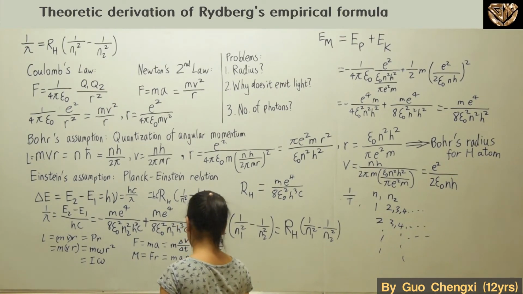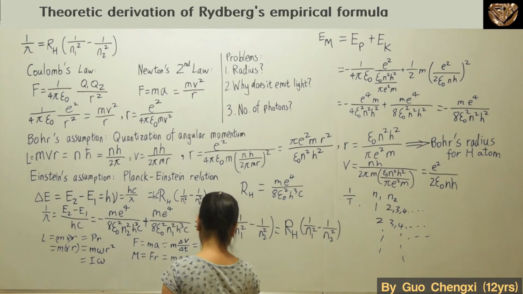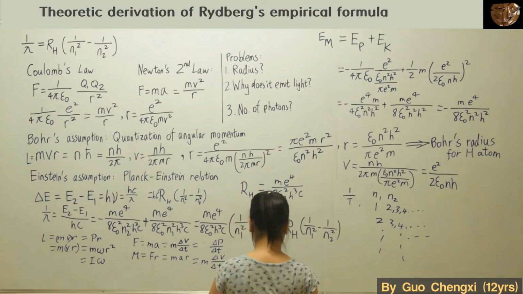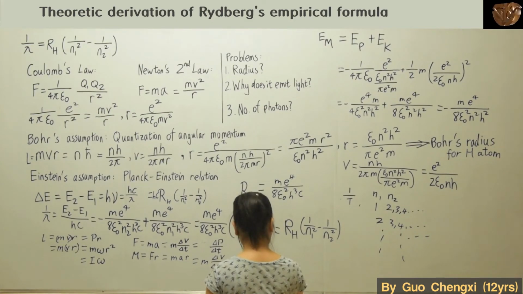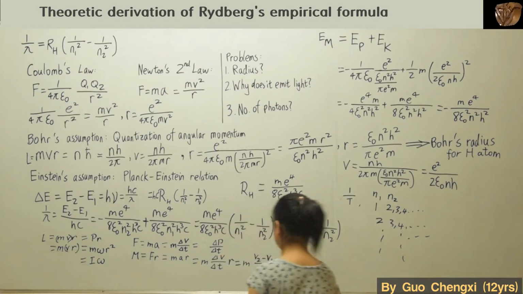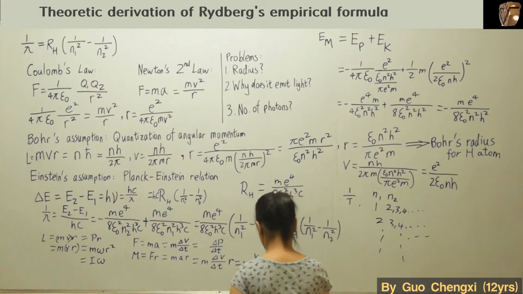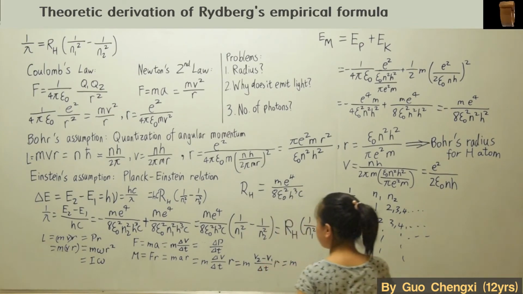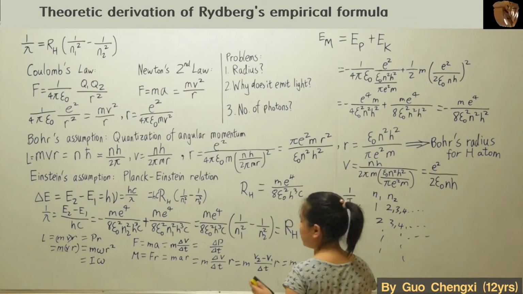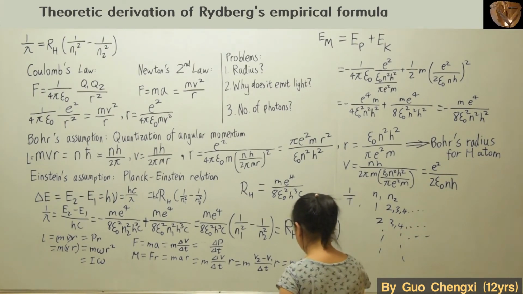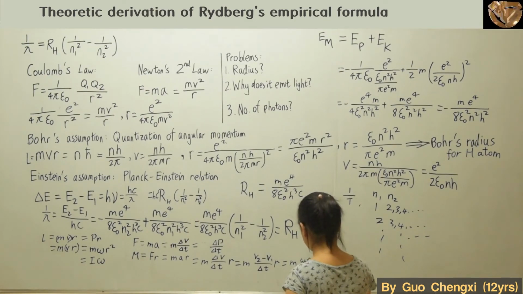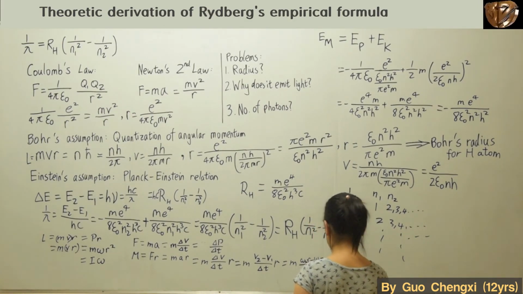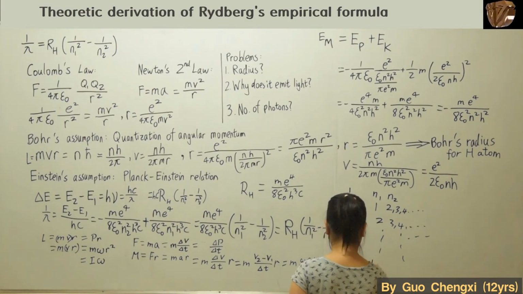So over here we'll have m delta v over delta t times R, which is equal to m (v2 minus v1) over delta t times R, which is equal to, for this part over here, v is omega R, right? So over here what we'll have is omega 2 R minus omega 1 R over delta t times R. So over here you can put the R together, which is m r squared, then after that delta omega over delta